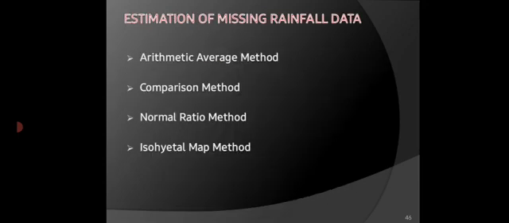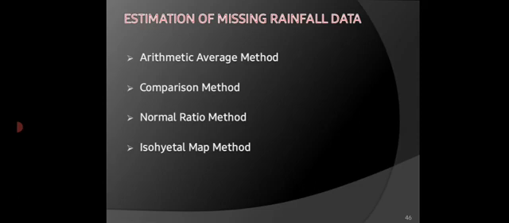So let's see the next topic, estimation of missing rainfall data. We have many rain gauges in a particular area. For one reason or another, it might happen that a rain gauge is stolen or broken, or whatever the problem may be, and we do not get the rainfall data at that particular location. So what we want is the missing rainfall data. How? With the help of mathematics, right? Here are the methods to find out missing rainfall data.